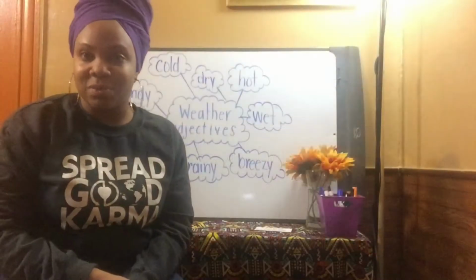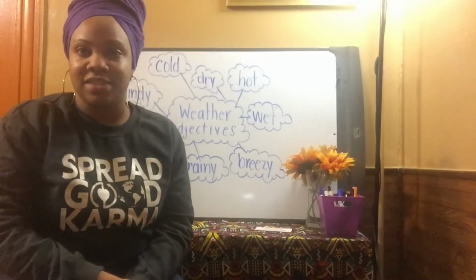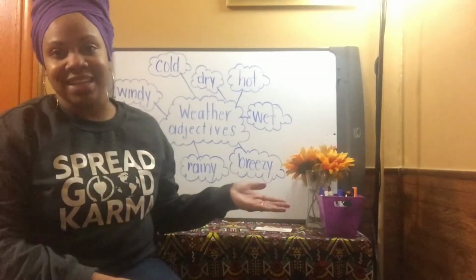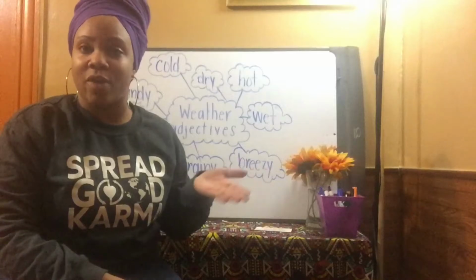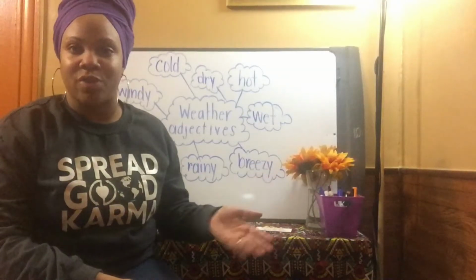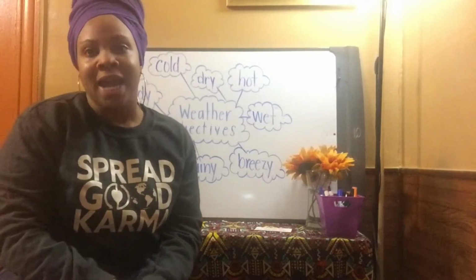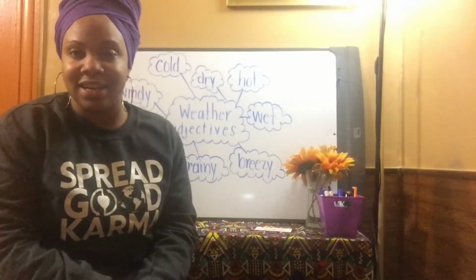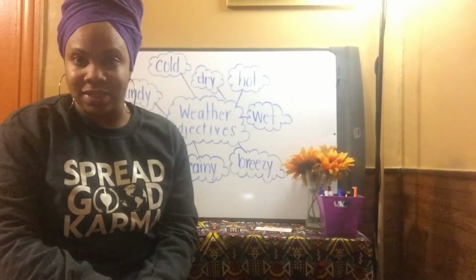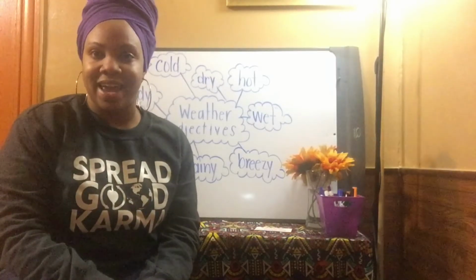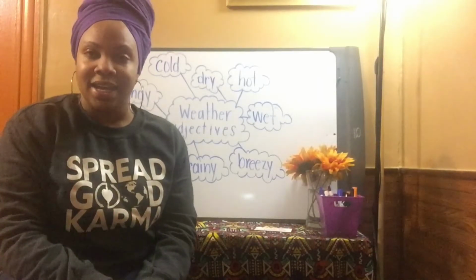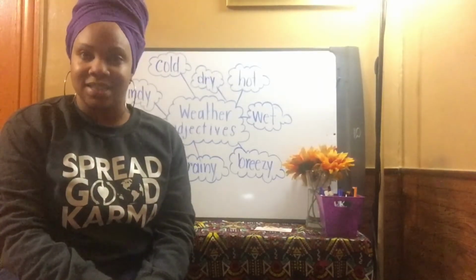Very good. The reason why we discuss weather adjectives is because today we will learn about seasons. These adjectives can be used to describe certain seasons, and some of these adjectives can be used to describe all four. Now let's talk about the Nia of seasons. We know that Nia means purpose, and purpose is defined as the reason for which something is done or created. It is why something exists.